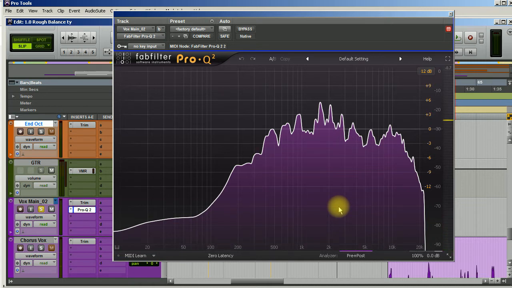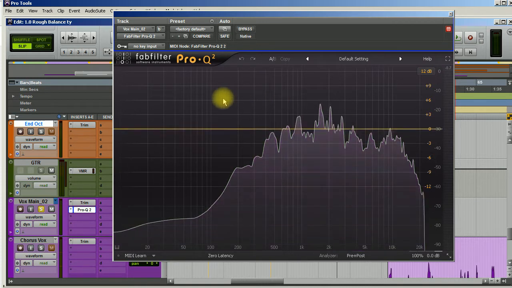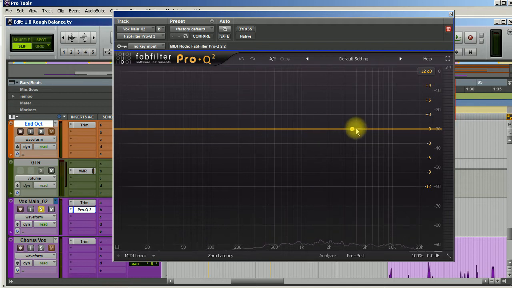Now, I don't know what the singer did to this vocal before he sent it to me. Just by looking at this graph, though, it looks like it's got a pretty steep cutoff, and when I listen to it, it also sounds really thin. Now, I'm not necessarily EQing this vocal to show you how to EQ this vocal. What I want to do is just show you areas of interest in any vocal that you are